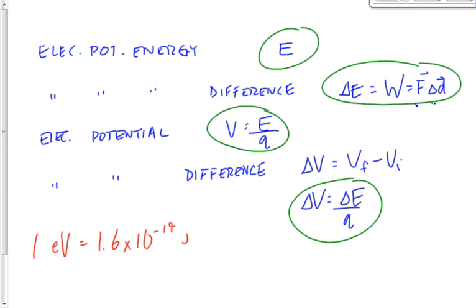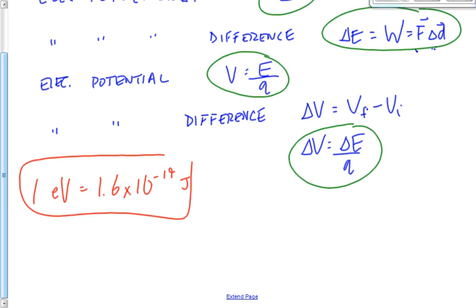And there's lots of times where we're going to have to convert back and forth between electron volts and joules this year. My suggestion is set up a ratio. 1 electron volt over 1.6 times 10 to the minus 19 joules equals, if you're looking for the number of electron volts for 3.2 times 10 to the minus 18 joules, set it up like that. If you're looking for the number of joules given 6 electron volts, then set it up like